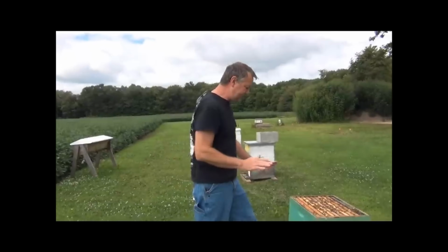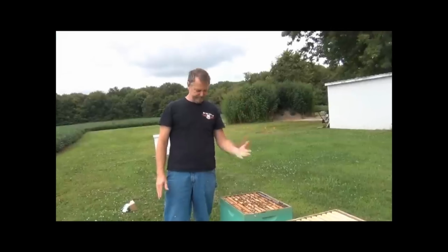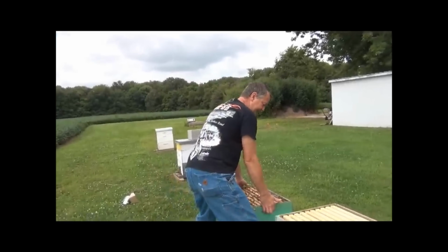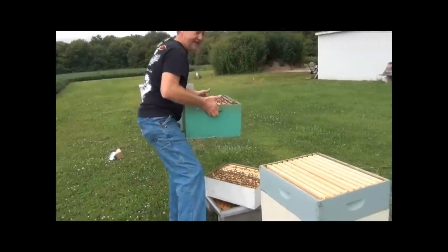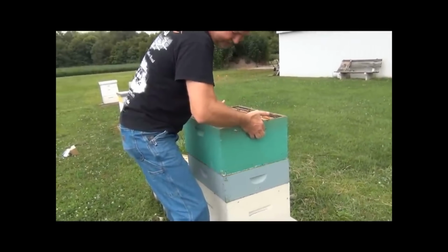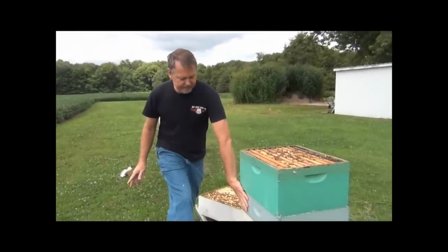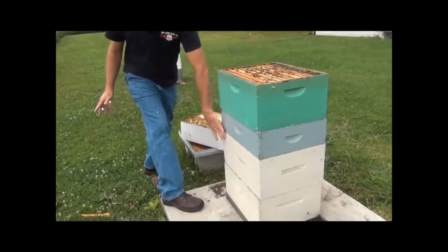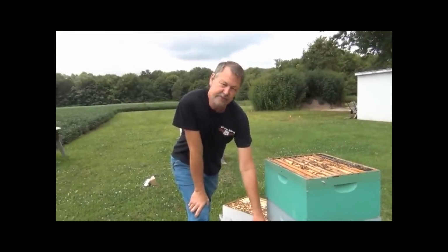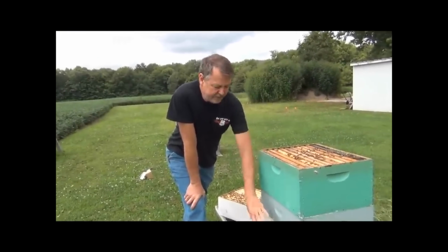Now this is a really strong colony. They've got this deep hive body here completely full of honey. It's already sealed over, ready to be taken off, and it weighs a lot of pounds. I'm a strong guy, and so I did my experiment by putting that super down here just above the brood nest area. Now in this colony, for me to get maximum honey production, on the same day, August the 3rd, that I put this super on,